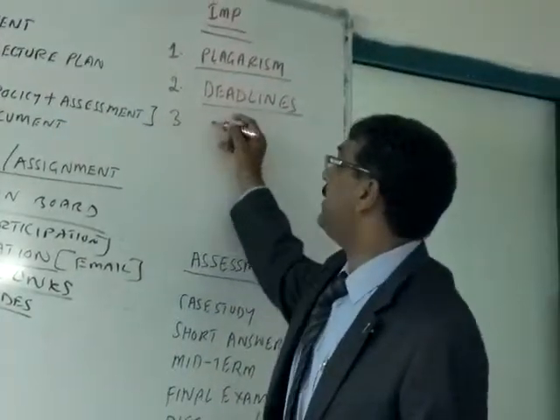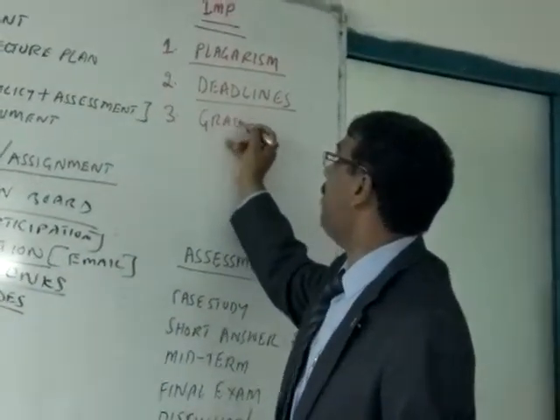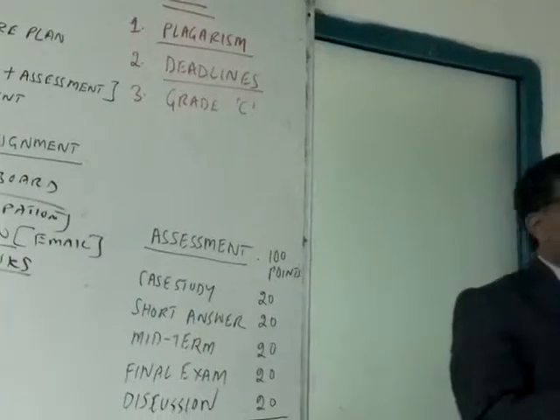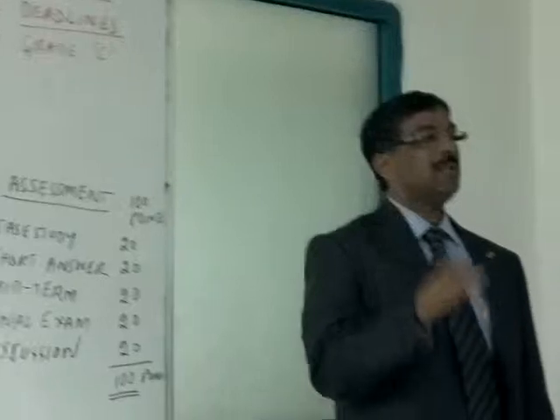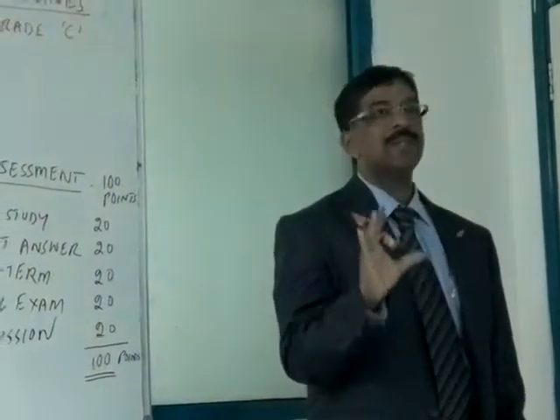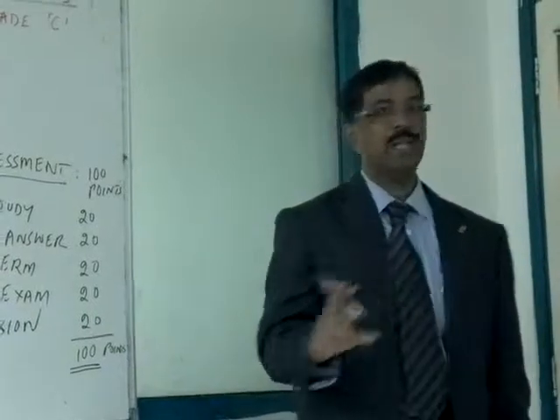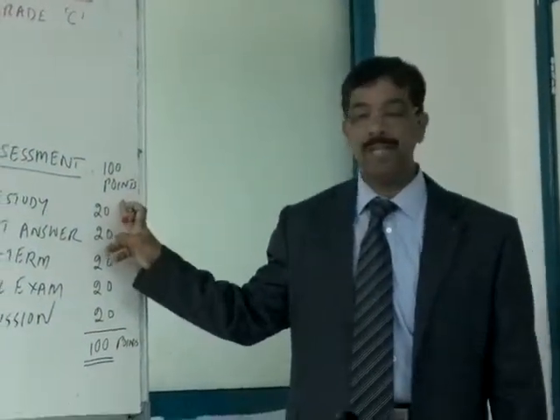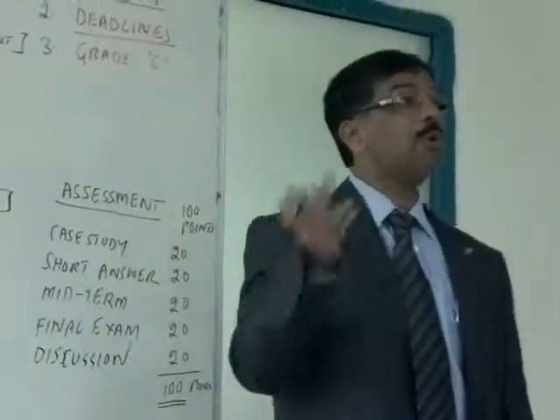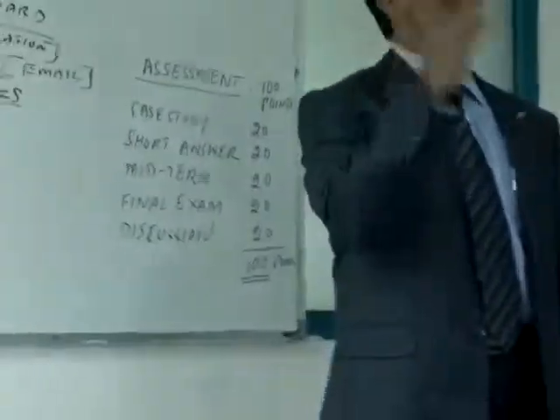Number three, you need to get a minimum of grade C. Never go below grade C. That means keep a target of achieving a minimum of 75% in each subject. Okay, that means 75 marks in each subject. Okay, never go below that, because if you go below 75, then it will go with the